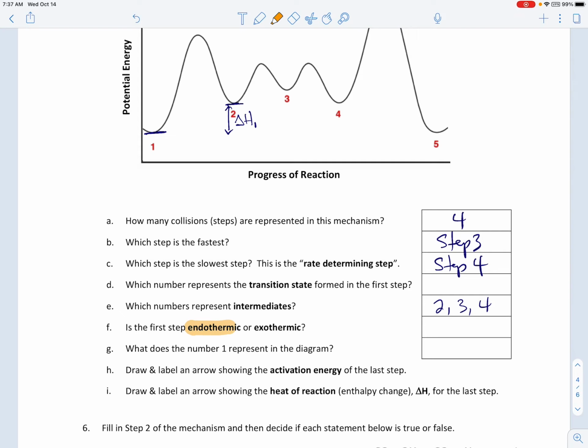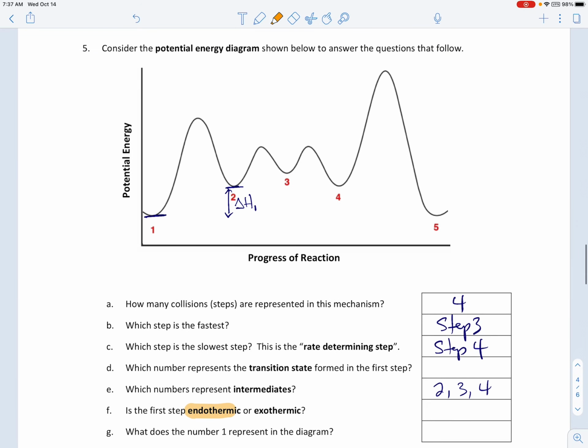What does the number 1 represent in this diagram? Well, number 1 would be the reactants. Draw an arrow showing the activation energy of the last step. Well, I did that earlier. Let me do it again here. So from the activated complex or the transition state to the starting point of that step, that would be the activation energy for step 4,